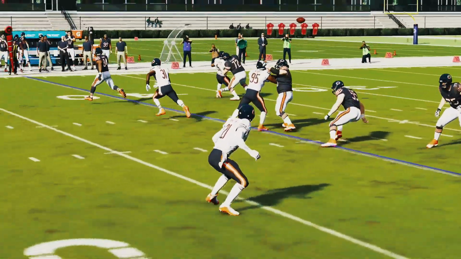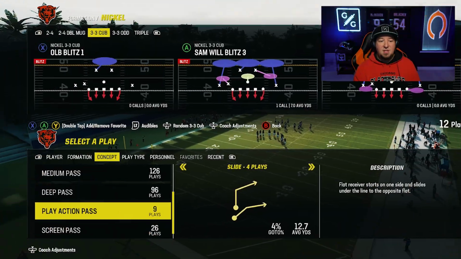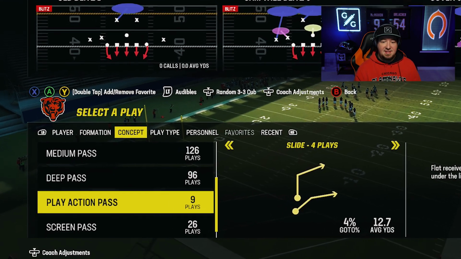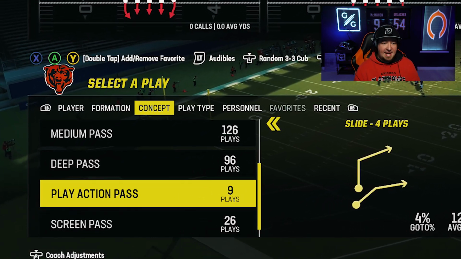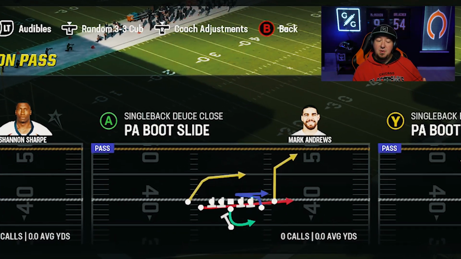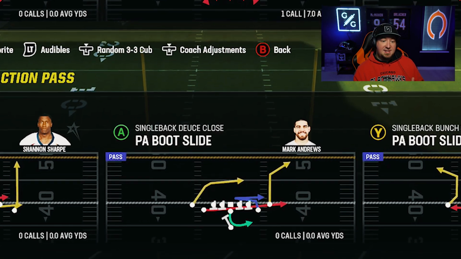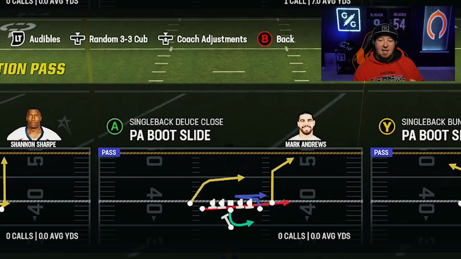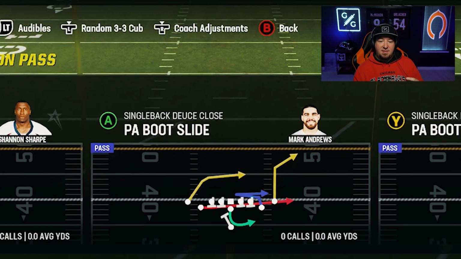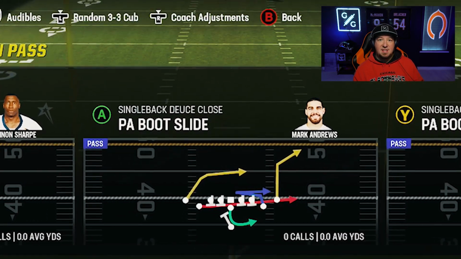So what I actually really like to do here is go into our concepts, go down to play action passes, and look for the slide tab. And you're going to see right here that we've got a number of these routes that we can utilize with this particular combo. So what you see here are a few plays named PA boot slide. The red route that is found on the A and the Y play is what is considered the slide